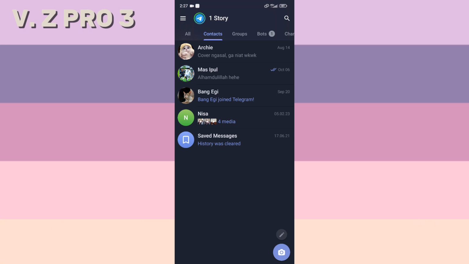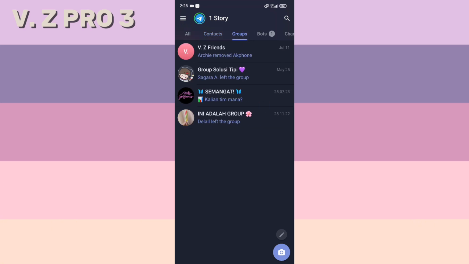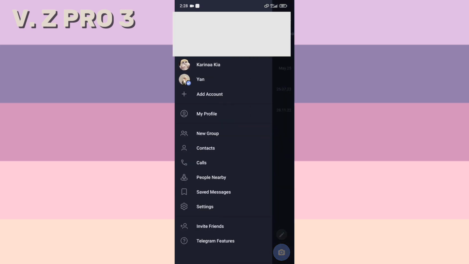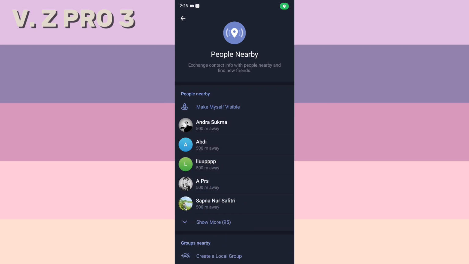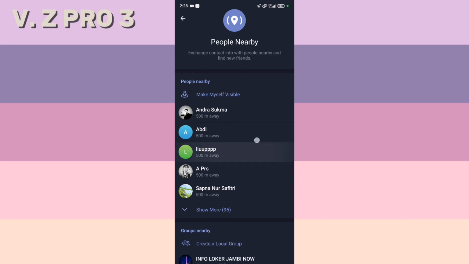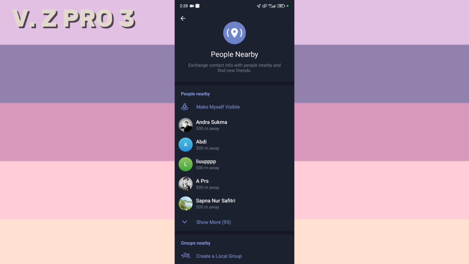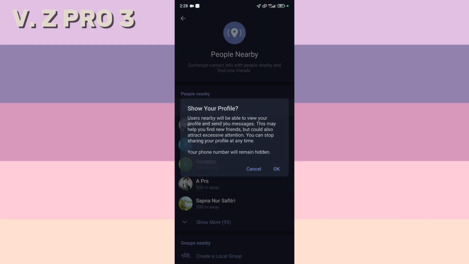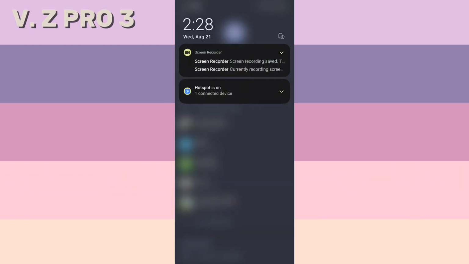So first of all, of course, we have to open our Telegram. Now you can tap on the top left corner, the three lines over here. You can tap on People Nearby in these options, these sections. Here, your People Nearby is actually disabled by default. So if you've enabled this feature, you can just turn off your location